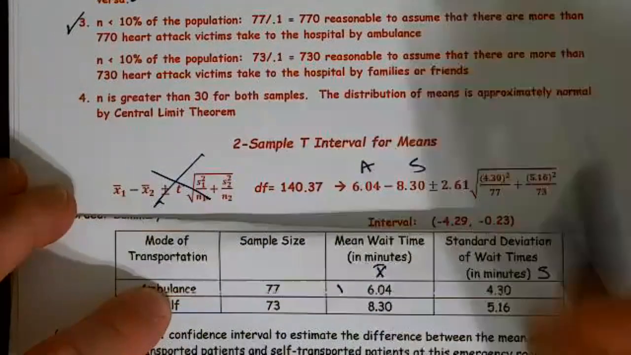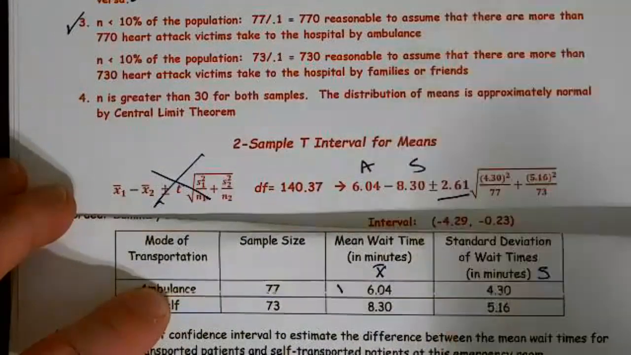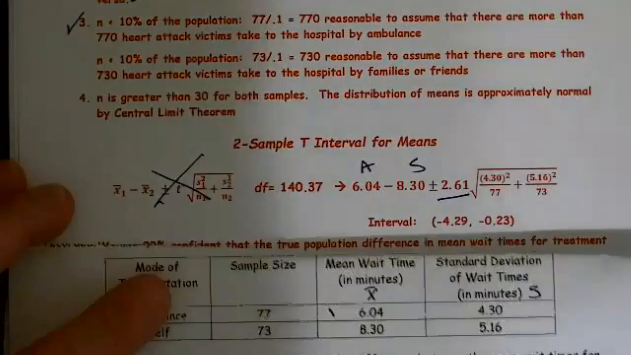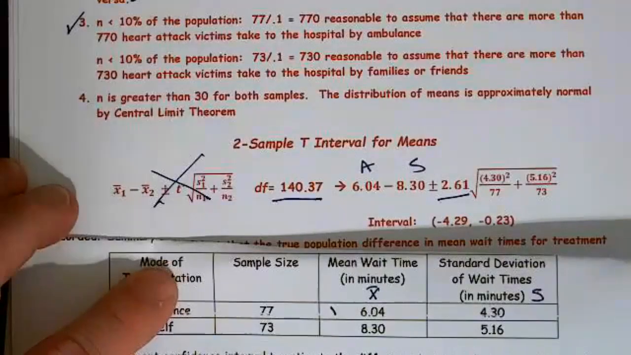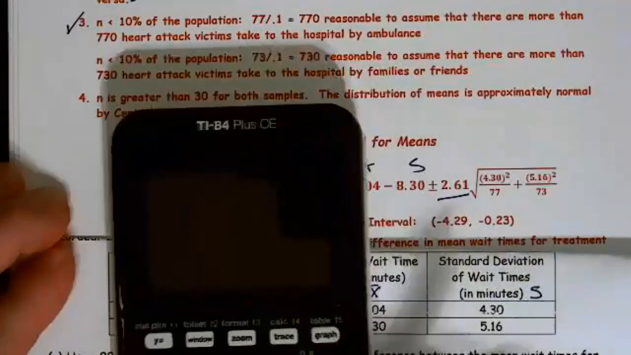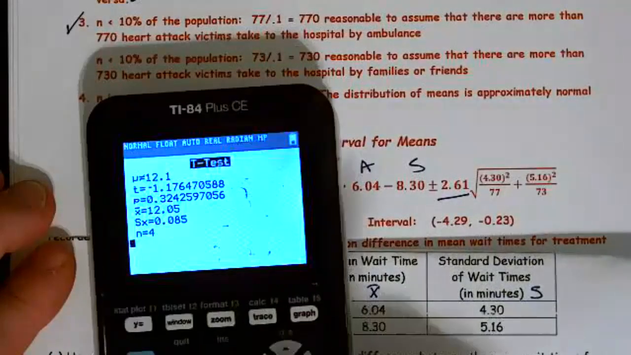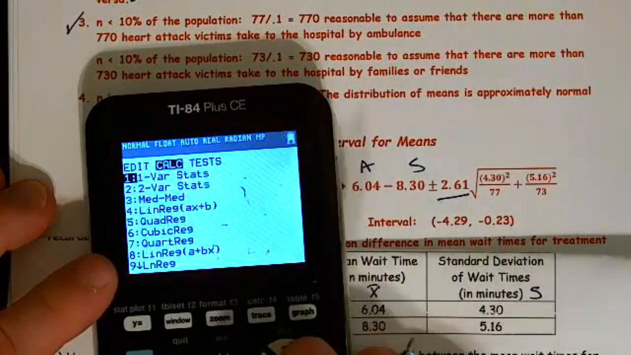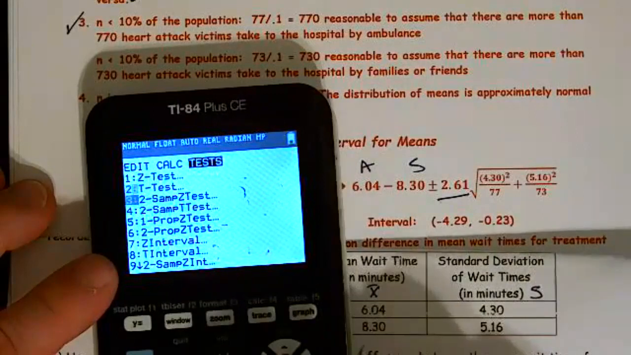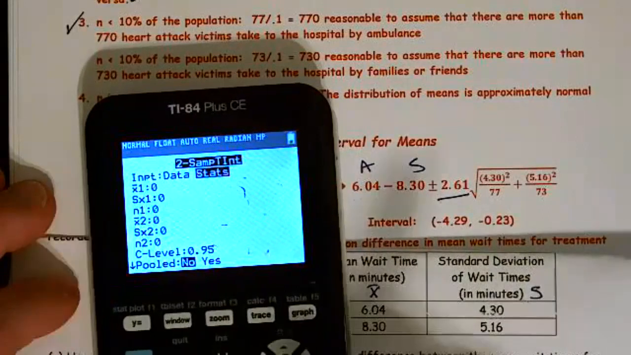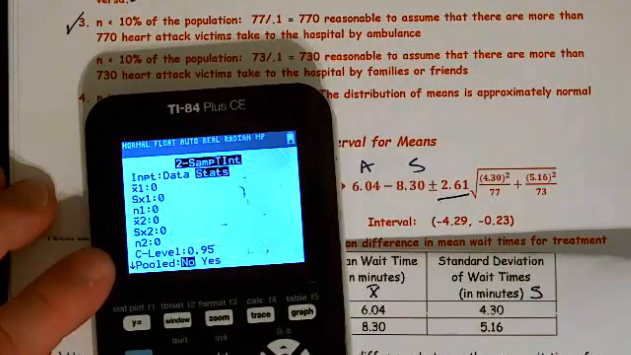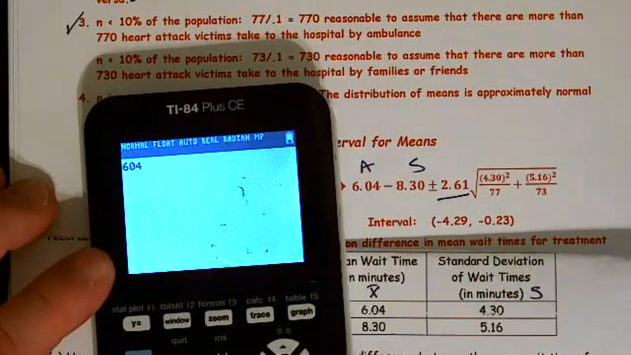But how do I get my T-star? Well, that's a good question, and it's a little bit backwards. And the other question you should probably ask is, how do I get that off of degrees of freedom? Well, at this point, what I do is I go ahead and run the test first. So stat test, two sample T interval, and I start plugging in my statistics, which are 6.04, 8.3, oops,